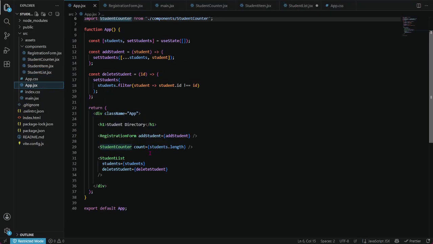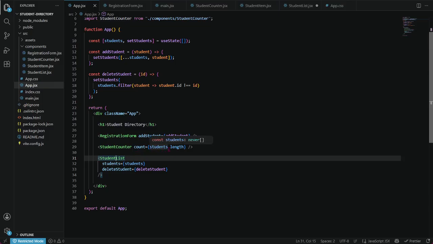And then the student counter, count is equal to student dot length, meaning this one is the total registered students.